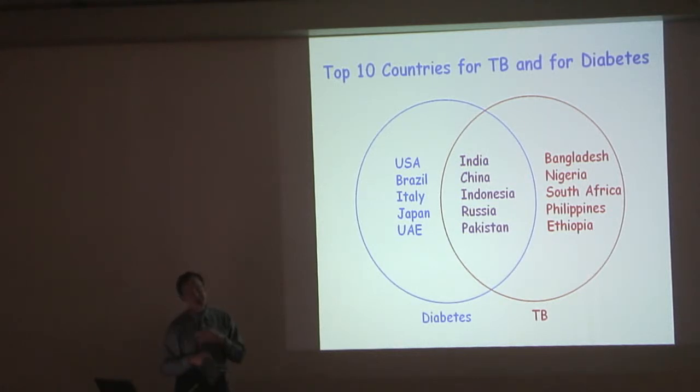Another problem has been the economic development in countries that already have high TB rates. This shows the top 10 countries for diabetes on the blue side and the top 10 countries for TB on the red side. This might be slightly out of date, but the major point of the slide is still here, which is that in the intersection, we have